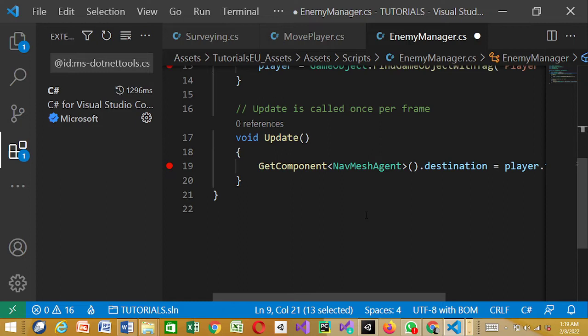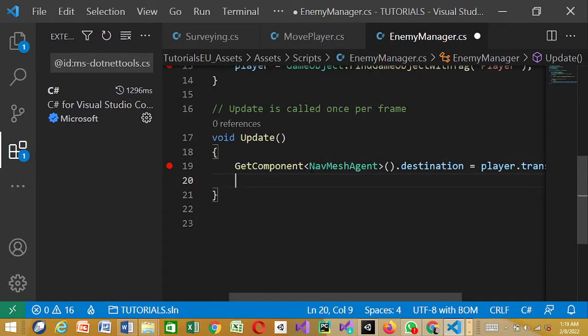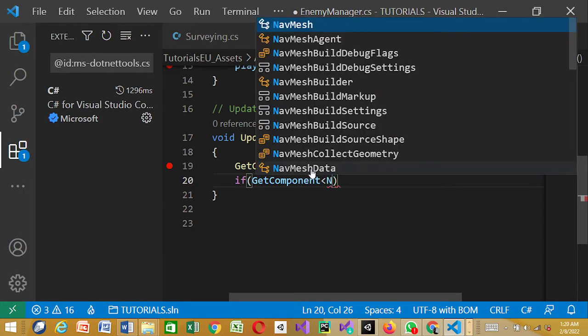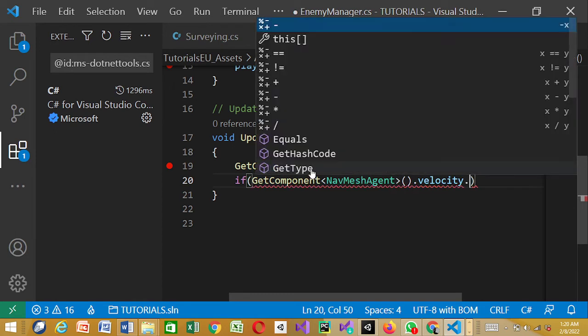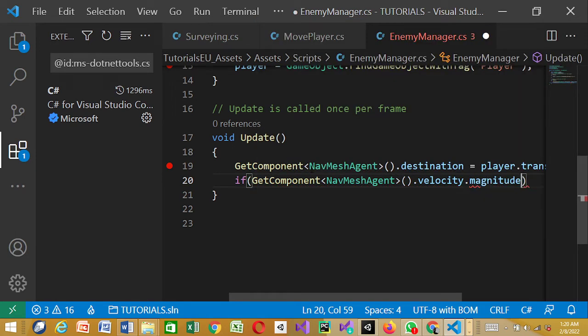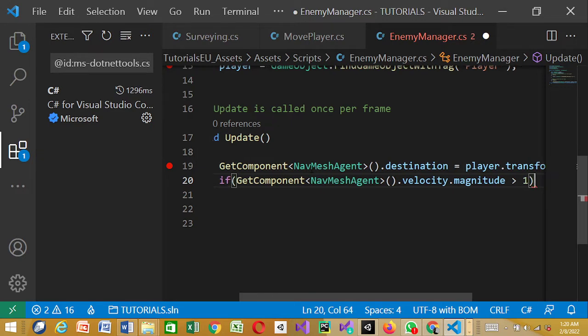Then I'll go down here. That's still under this void update, and we're just gonna say if, in parentheses, sorry, GetComponent NavMeshAgent, then you put your parentheses again, dot velocity dot magnitude is greater than 1, then